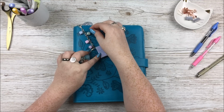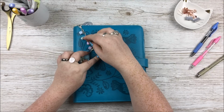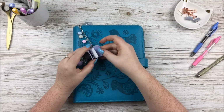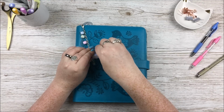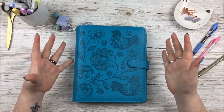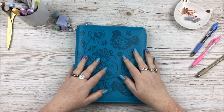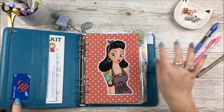It's got these beautiful little polymer clay planners on, and they are just adorable. Look at those. And then there's this, which is actually a usable little bitty notebook. How beautiful is that? So yes, go and check out her shop because she's fab. This is a Paperchase A5 planner that I got for dirt cheap in the Paperchase sale, like 18 months or more ago. I can't remember, but yes, opening it up,